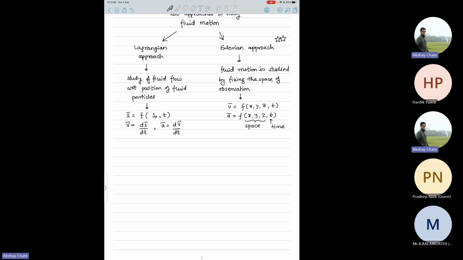The derivation is given in the class. Basically we have a total derivative, which comes from the Lagrangian. So this is the total acceleration of the fluid particle or fluid domain,